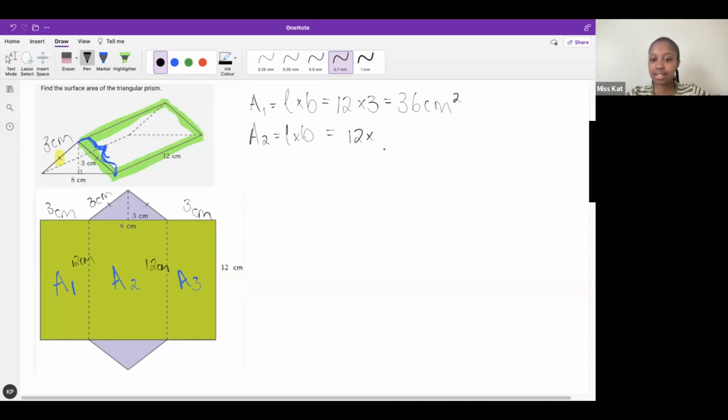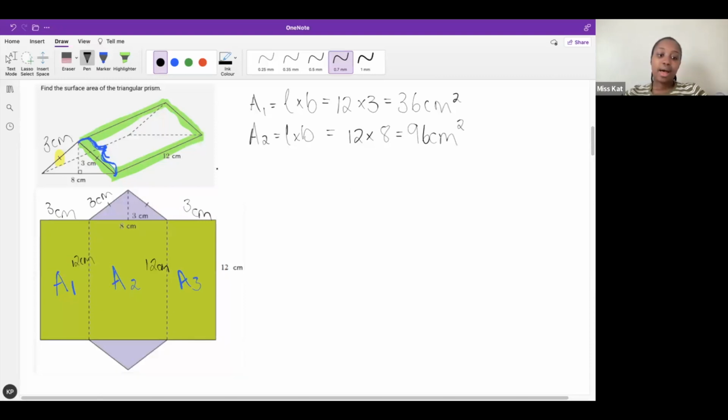And the breadth? What is our breadth, guys? Thank you very much. 8. So then the area would be how much? I always don't have my calculator. Guys, it's because I love my calculator so much. It's so pretty. So I put it far away. 12 times 8. Thank you very much. 96